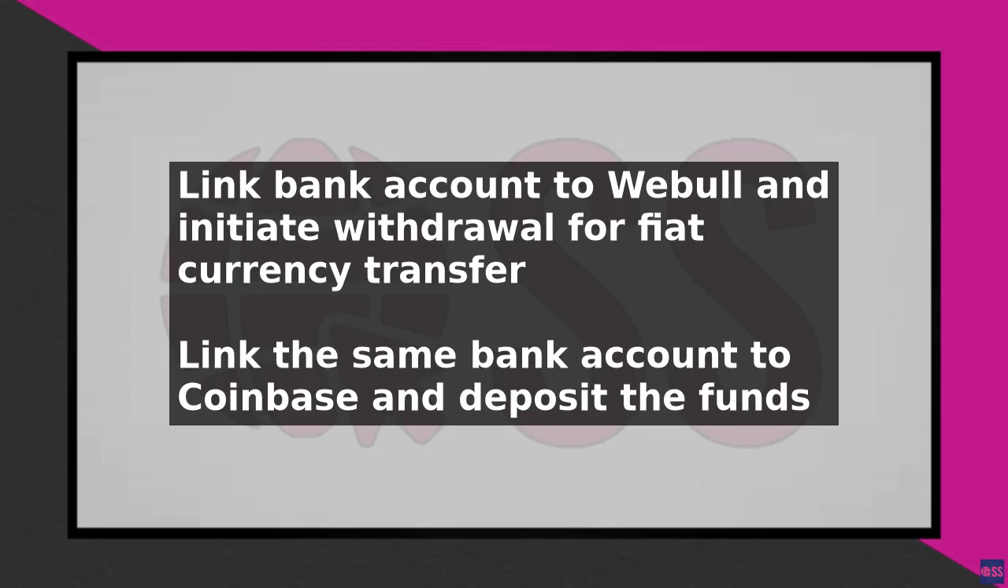If you are transferring a fiat currency, you will need to link your bank account to Webull and initiate a withdrawal to that account. From there, you can link the same bank account to Coinbase and deposit the funds into your Coinbase account. After initiating the transfer, it may take some time for the funds to settle into your Coinbase